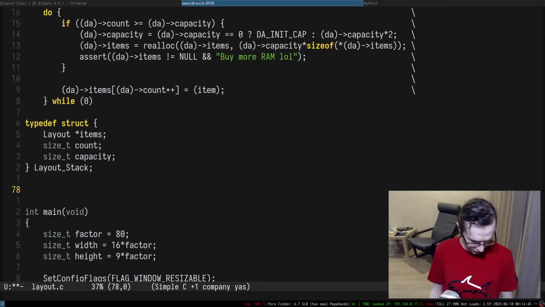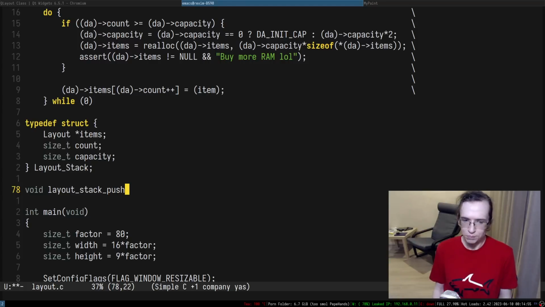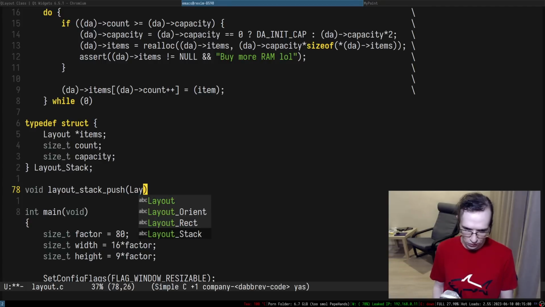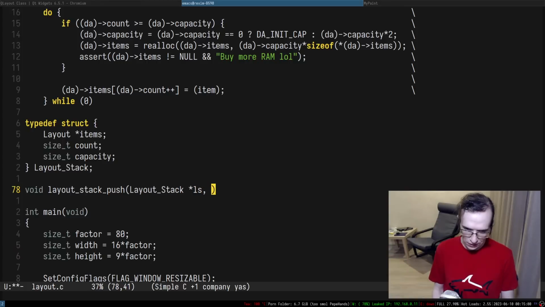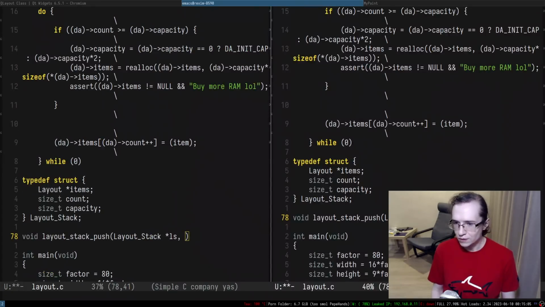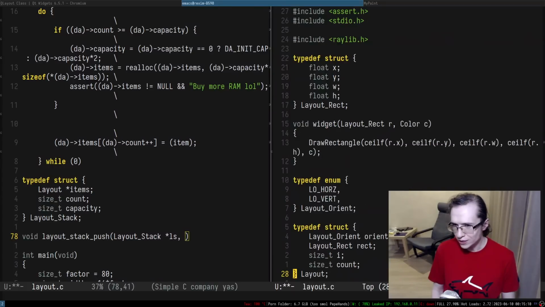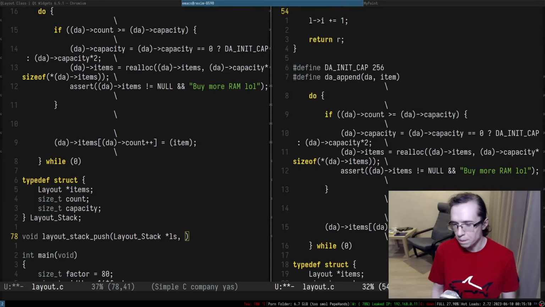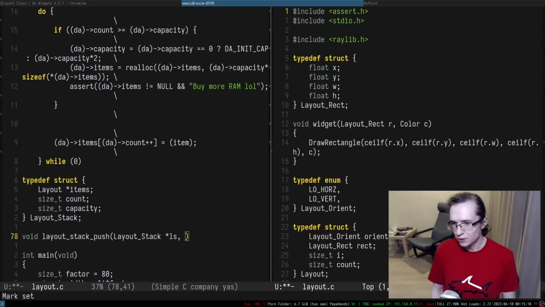So what I'm thinking is that we're gonna have layout stack, and you're gonna basically push into the layout stack. First of all, we're gonna accept the pointer to the layout stack into which we're pushing things. And I suppose we're gonna be accepting the whole layout. Do we want to accept the whole layout, or do we want to actually accept the parameters?